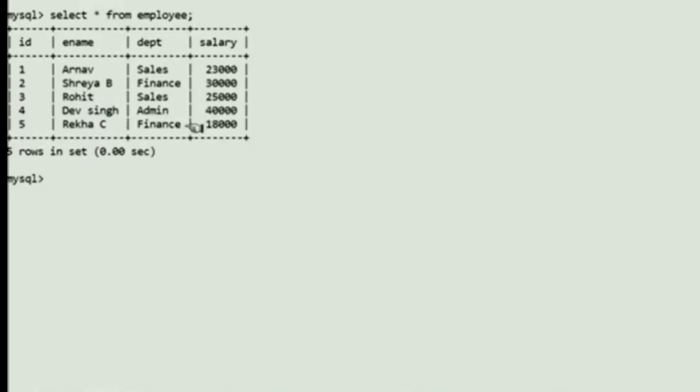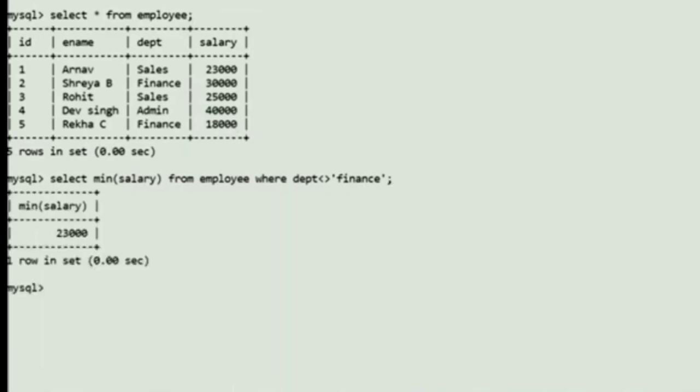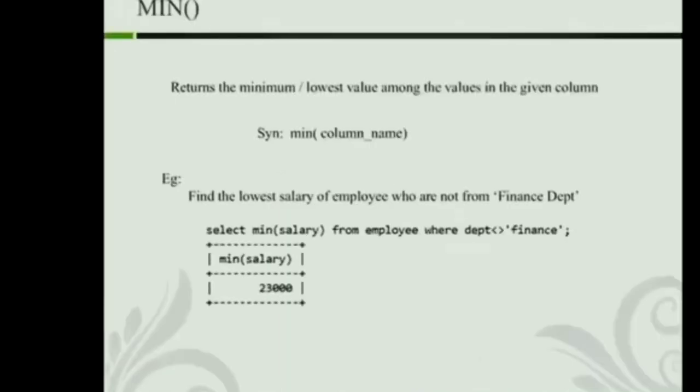Here the query is select MIN of salary from employee where department not equal to finance. For not equal to we can use the less than and greater than symbols. That is, 30,000 and 18,000 will be ignored. So the function returns the minimum value 23,000, that is the output.